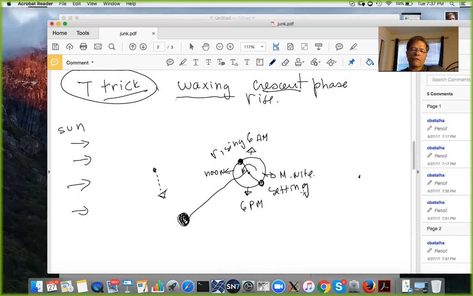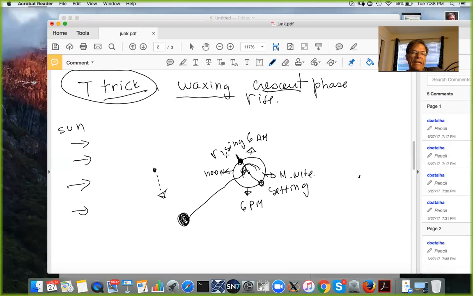How do you know if it's rising or setting? Well, if you are standing right here, and since Earth rotates counterclockwise in this direction, you are going to see the moon appear in the sky in your horizon at this moment right there,